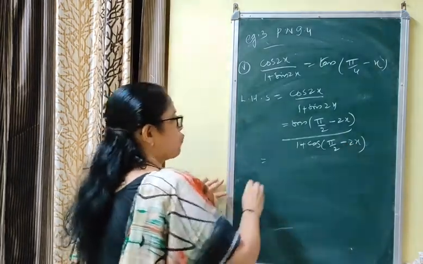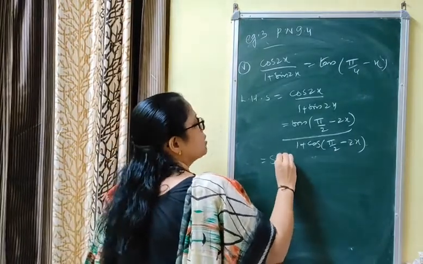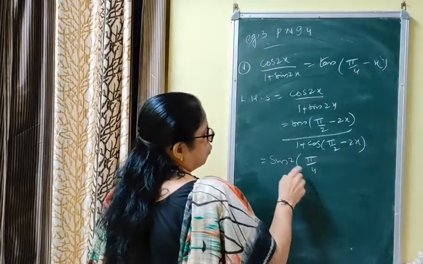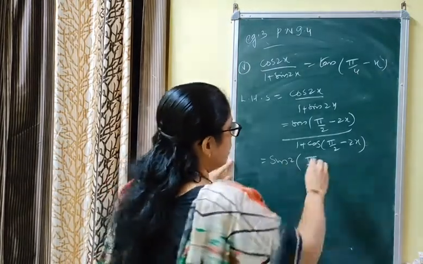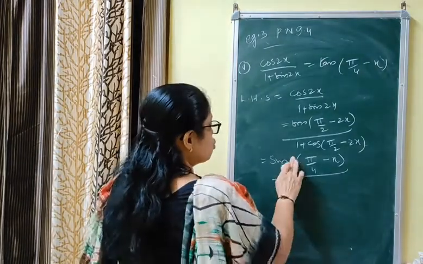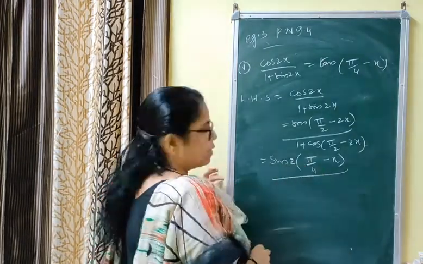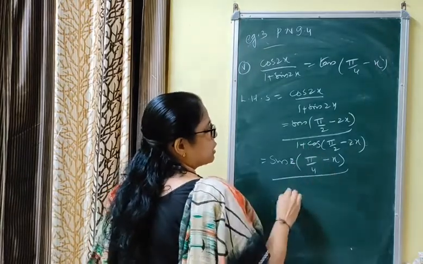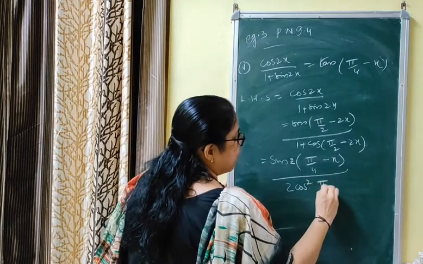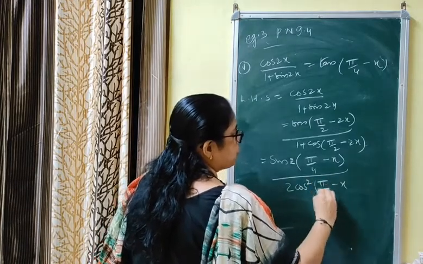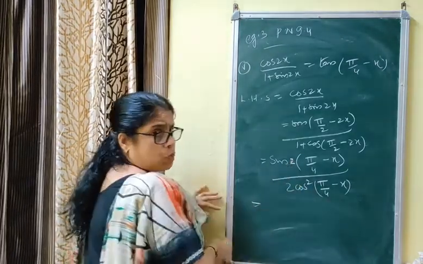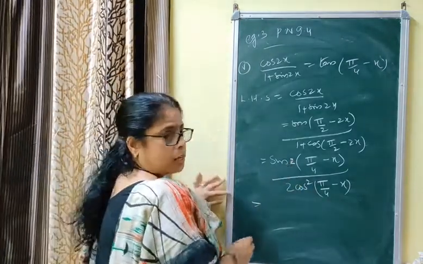Now this is of the form you can write. I am writing sin. I am showing you every step. 1 pi by 4. So pi by 2 again, 2 I am taking common, minus x. Why am I writing this way? Because for sin 2 theta, you can apply the formula. Here it is 1 plus cos theta, 2 cos square theta by 2. 2 cos square theta by 2 means pi by 2 half, pi by 4 minus x. Now to write the numerator in the form of sin 2 theta, you can apply 2 sin theta cos